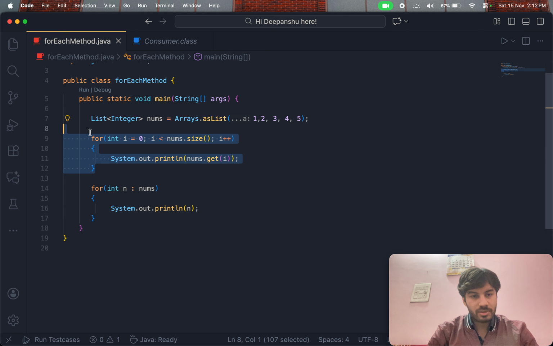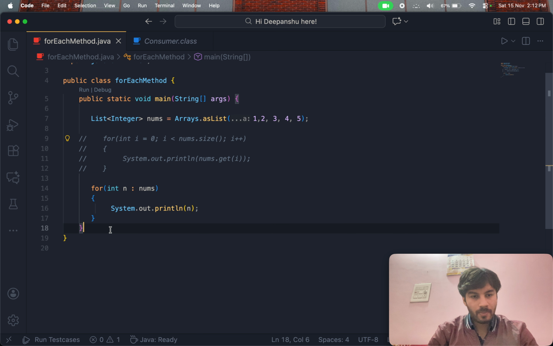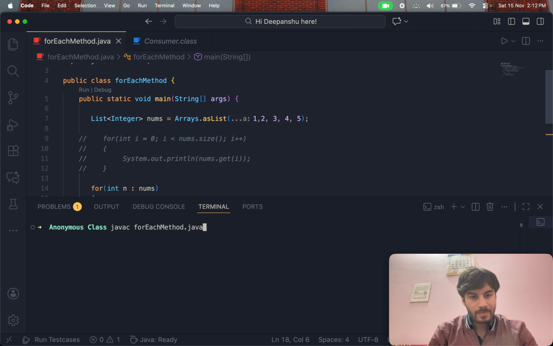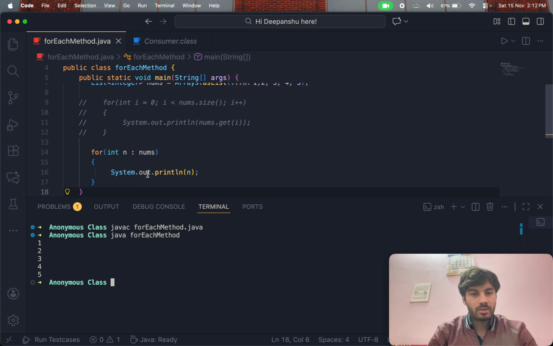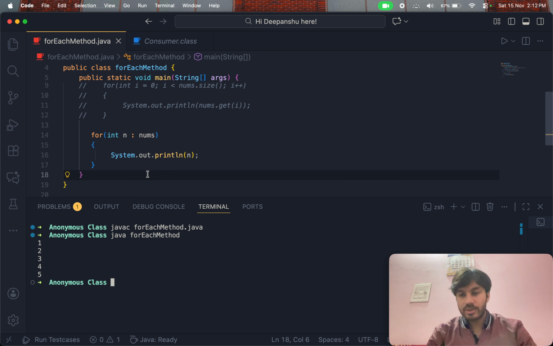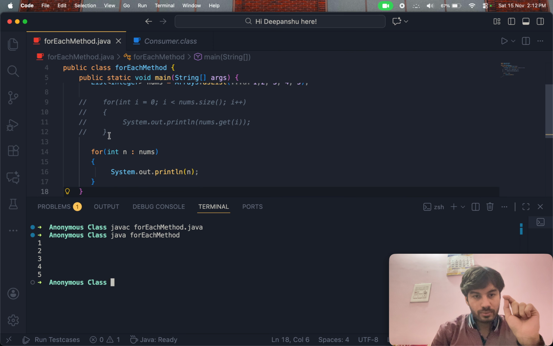Okay, let me comment out the first one. Yeah. So here you see that we are getting the correct results, but the difference between these two,